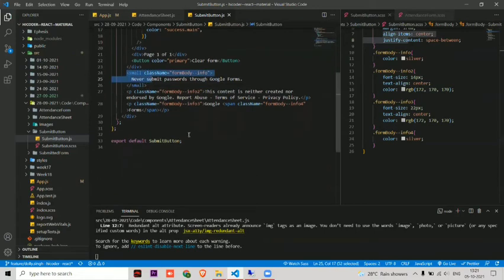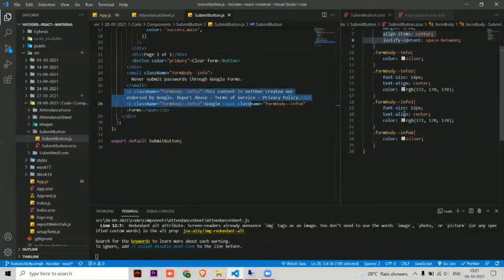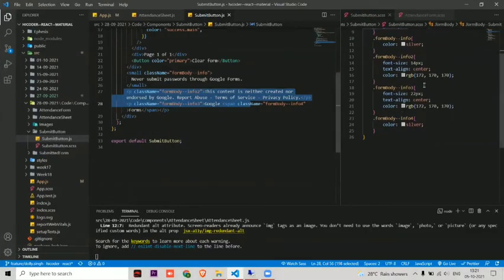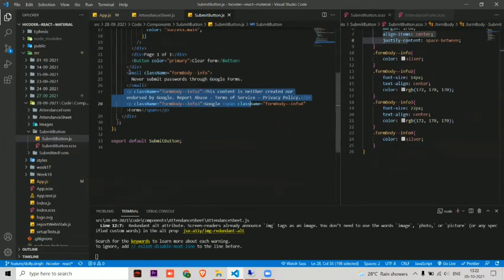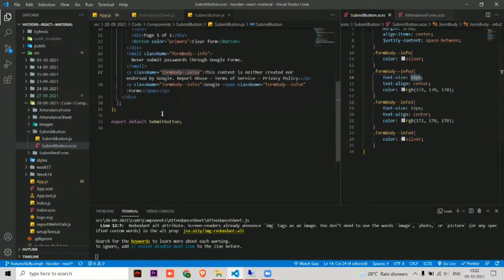Okay, after that I have used a p tag, and I have written this content, which you can see here, and it's in center. So I have done some CSS for that. So info 2, and yes, for the small tag I have used color, it's silver color, so it's looking quite good. And then again I have used a p tag for this. So here is a p tag, and for that I have used font size, text center, and color. Here I have given font size.